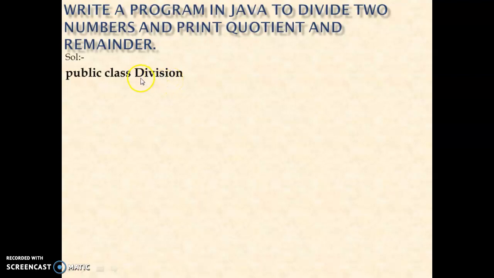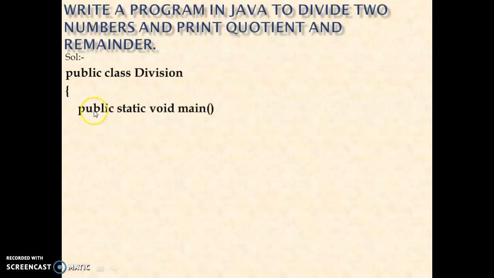Like if you are doing sum, then don't give name, suppose, subtract. So try to give some meaningful name. If you are doing sum, then give name sum or addition. If you're doing subtraction, give name sub or subtract. If you're doing division, then give the name like division. So like this, you give some meaningful name here. Then second bracket, all things you have to write down under this second braces.